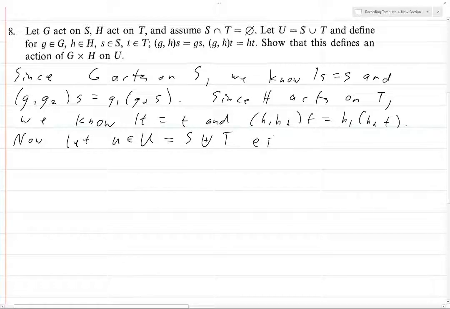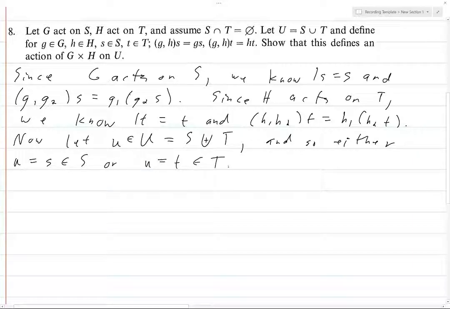So big U is this disjoint union. So either little u is equal to some element s, which is in S, or u is equal to some element t, which is in big T. Now we're going to do every case. If u is in S, then